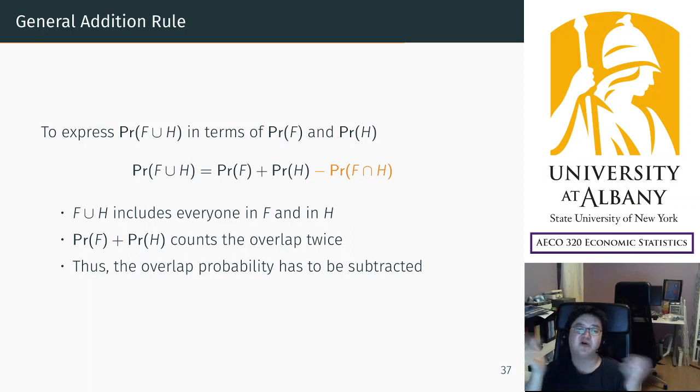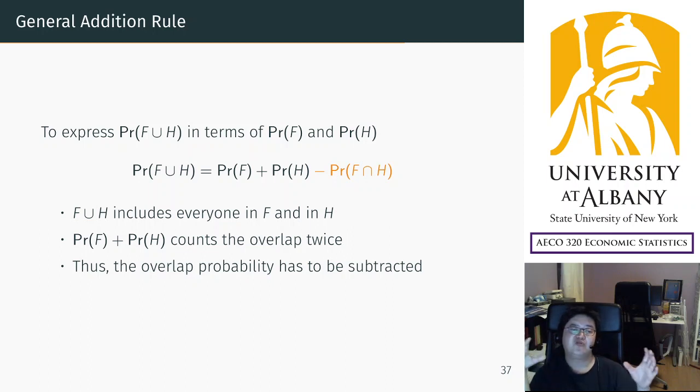And also we learned an important rule, the addition rule. In some sense it's trivial. The point of this rule is to express the probability of the union of two events as the sum of two basic probabilities, the probabilities of basic events. But there is a problem. It's not simply the sum, but you have to subtract something, that is, the probability of the intersection part,